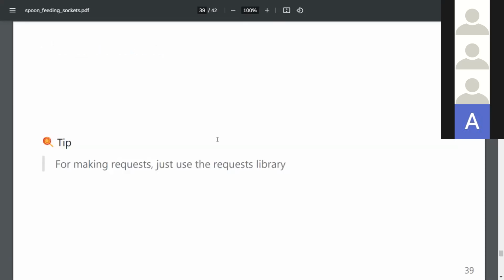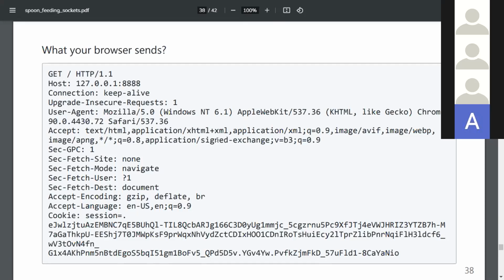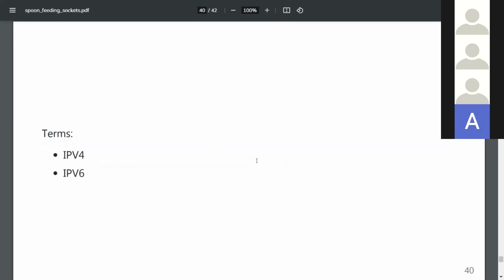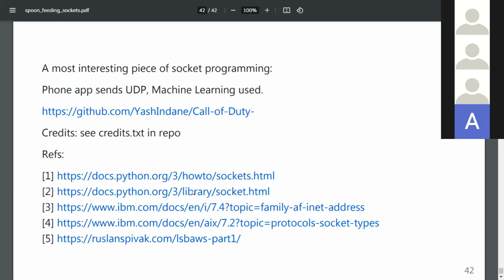So I think that is another interesting project. But if ever you are doing some web requests, well, obviously you won't use something as low level as socket programming. You just use the request library for get, etc. And then you might want to dig more into IPv4, IPv6, and normally these two approaches are used for servers instead of threads.